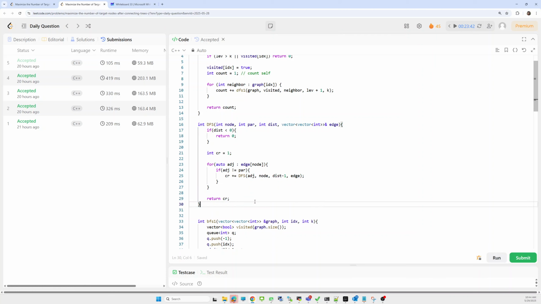For a child node adjacent, I'm just checking that the adjacent is not equal to the parent, and only then we call the DFS again. This is a different version, but it is usable only in a few scenarios.